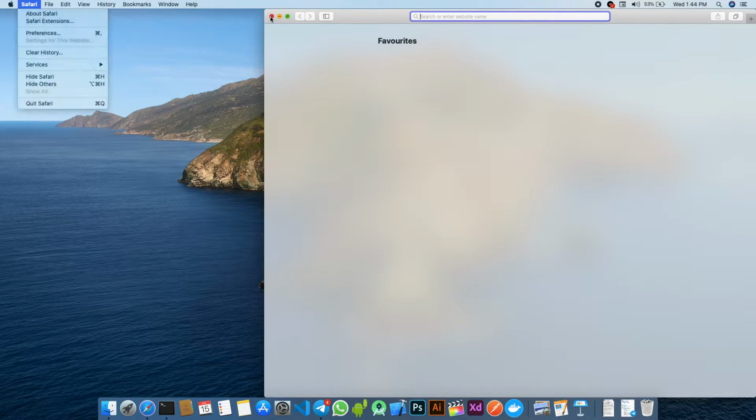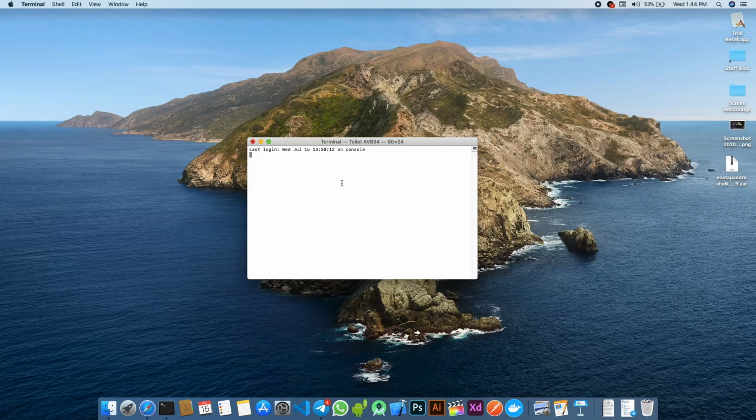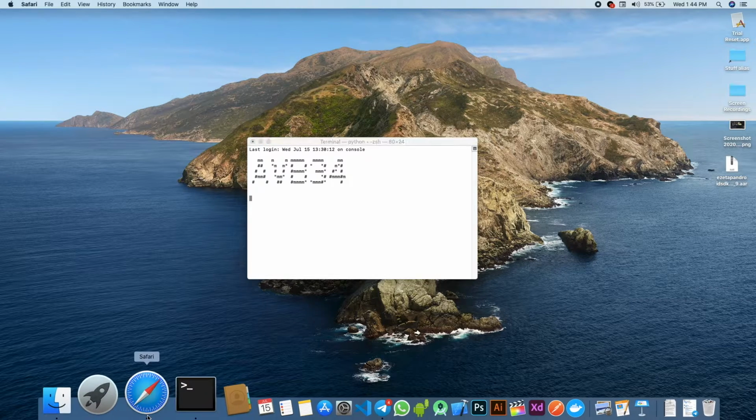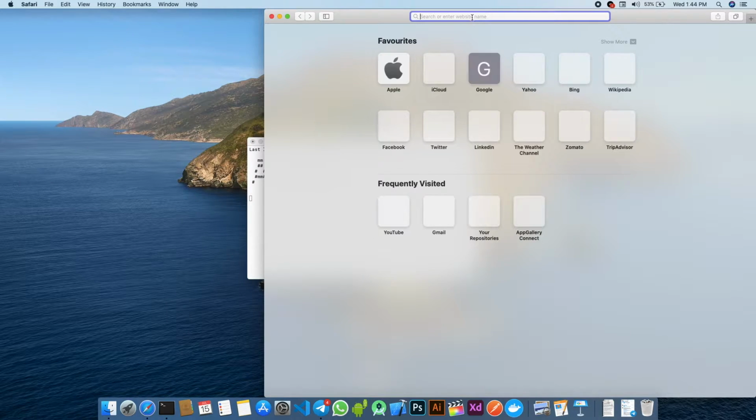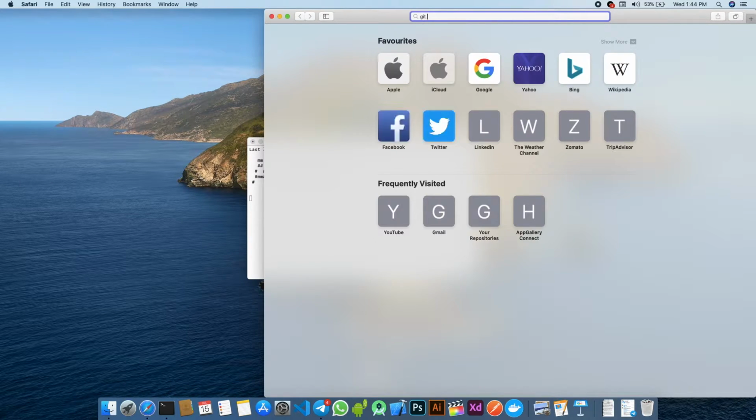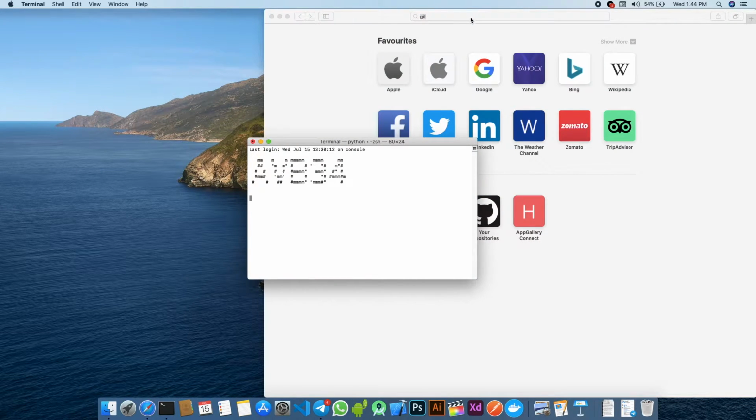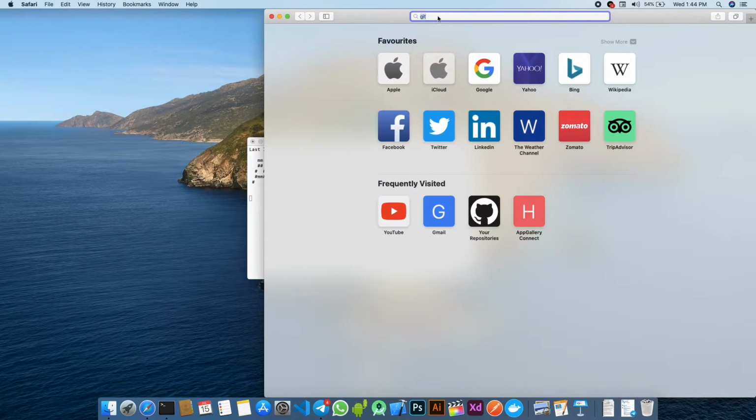I did not mean to open Safari. So you can open up a terminal, or what you can do, okay, you can open up Safari and you can go to the Git website. Just search for Git on Google. The official website of Git is supposed to be gitscm.com,